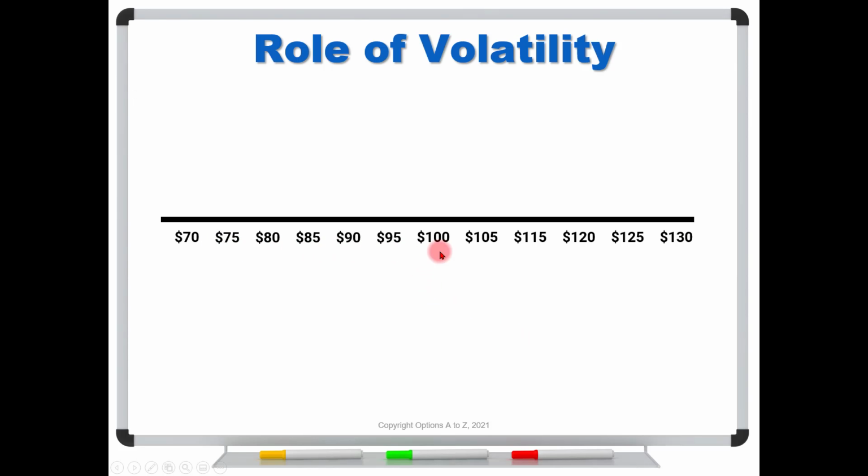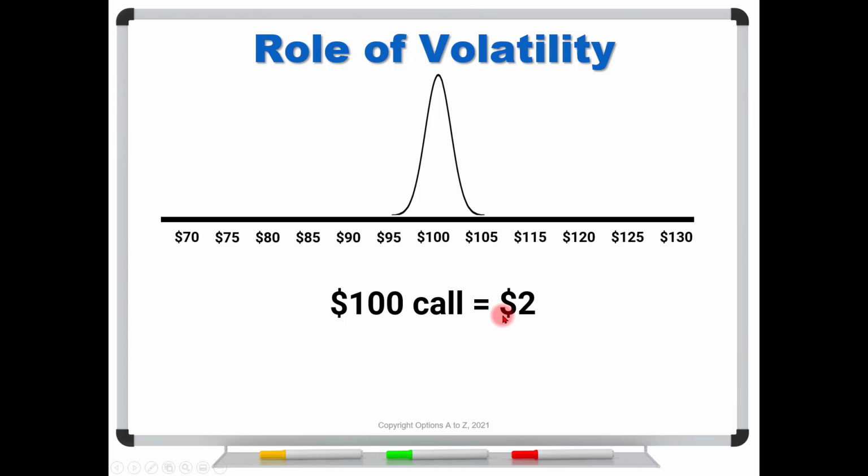So here are potential stock prices. As I've talked about in other videos, remember that the current stock price of 100, we can think of it as there is an implied bell curve sitting directly over the current stock price. And the width of this bell curve, or the volatility, is what dictates how much that option could be worth. Could it only go up to 105 and down to 95 maximum? Well, don't expect the option to be worth that much. So under these conditions, under this volatility, yeah, we might see that $100 call trading for 2.